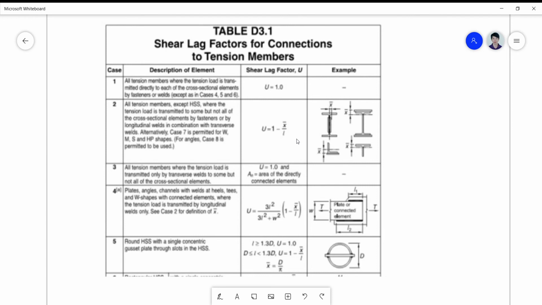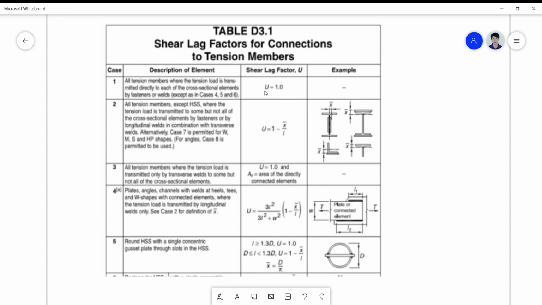So, for all tension members where the tension is transmitted directly to each of the cross-sectional elements by fasteners or welds, except in cases 4, 5, and 6, there is an exception, your U is equal to 1. Which simply means that for all members whose elements are welded,